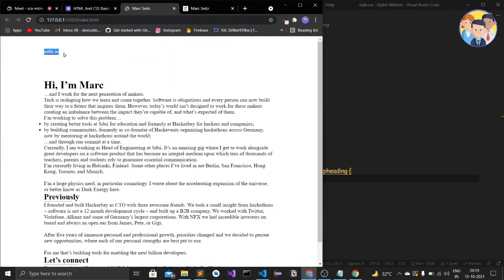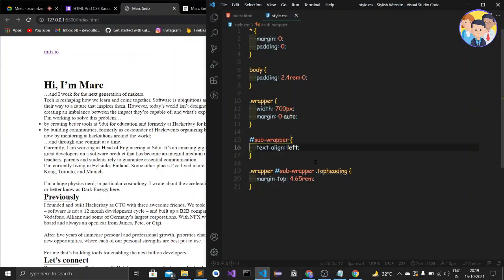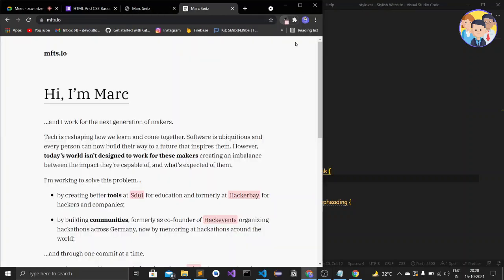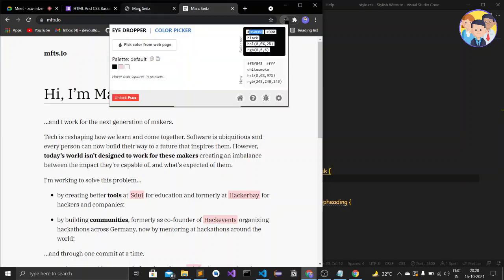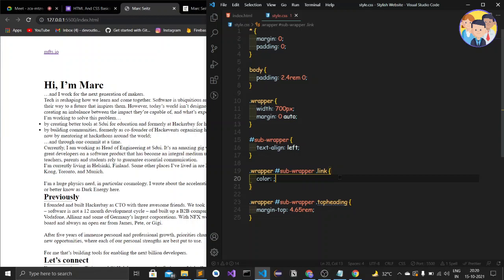Now here we will give some styling. Okay, let's style the link. So here I'll just copy the specification and dot link after that, and inside this selector I'll just add the declaration as color. The color of this link is this one, 060606. Okay, so I'll just copy this color and paste it here, and before that I'll just type a hashtag.